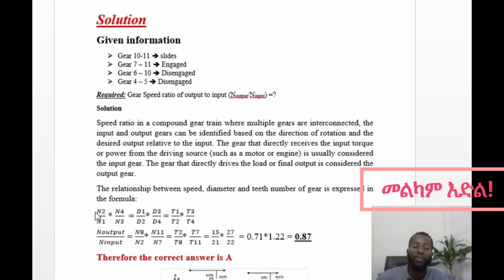relationshipቸው እንዴት ነው? n2 n1, that means this the number of teeth and the diameter of the gear is directly proportional, but they are inversely proportional to that of the speed. So n2 over n1 times n4 over n3, which is equal with d1 over d2 times d3 over d4, which is equal with t1 over t2 times t3 over t4. So diameter እና teeth number directly proportional ናቸው, but this speed እና this diameter teeth number inversely proportional ይሆናሉ።